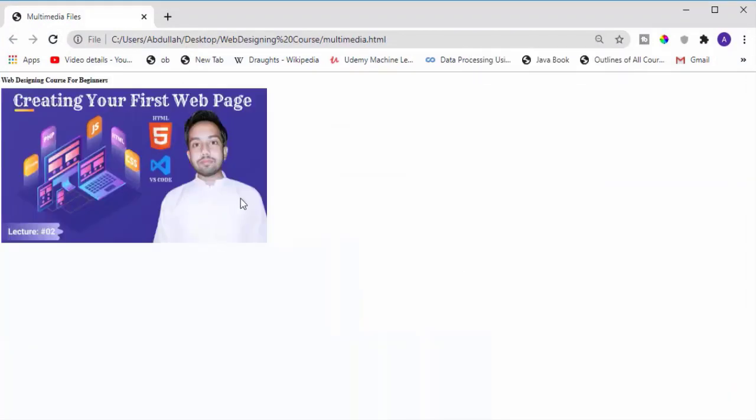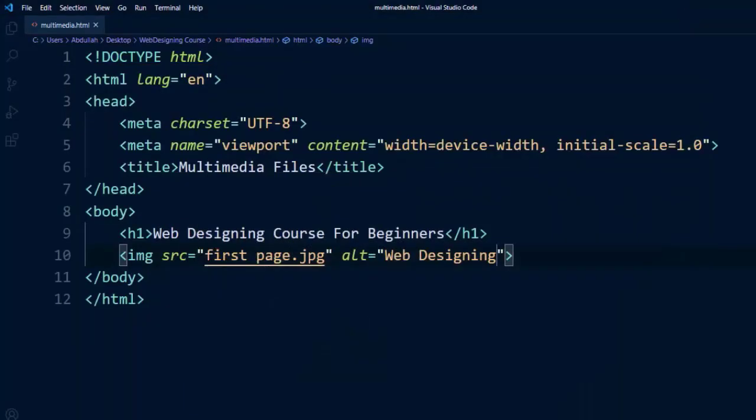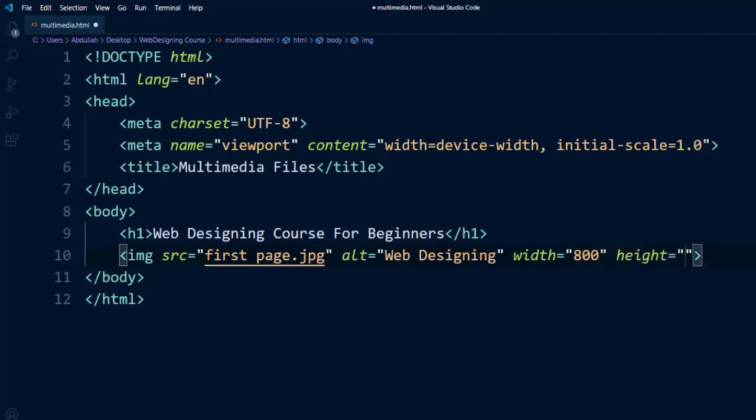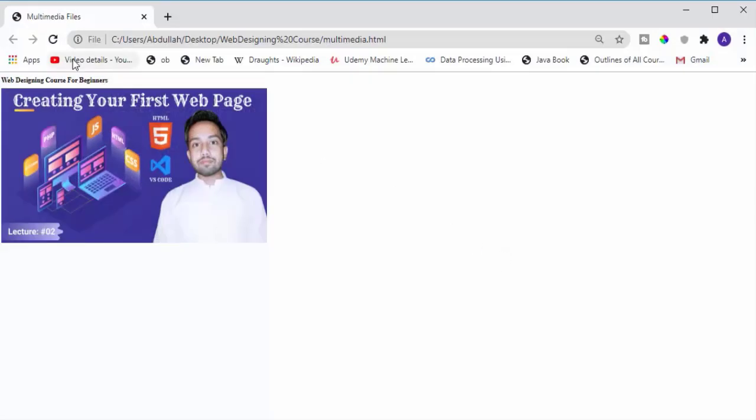Now the image is a bit bigger, so we can control the height and width of the image by using the attributes width and height. Here we can say width is 800, and we can also specify the height. Let's say height is 500. I will save this file, go back to the browser, and click on refresh.